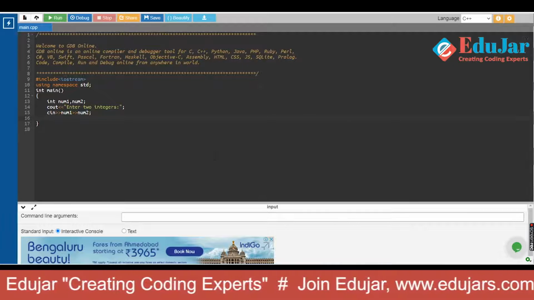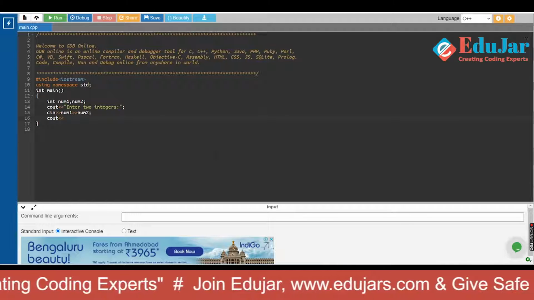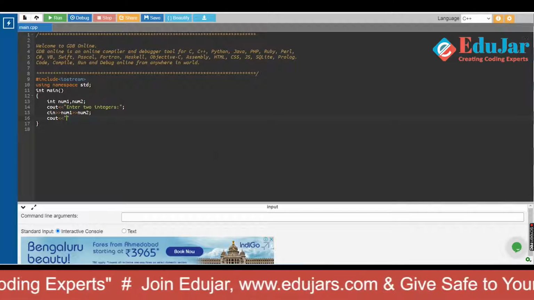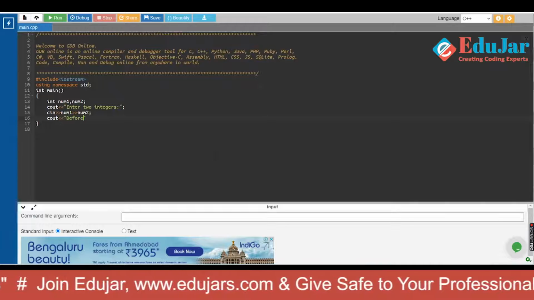After that we will display on the screen the numbers before swapping and the numbers after swapping.